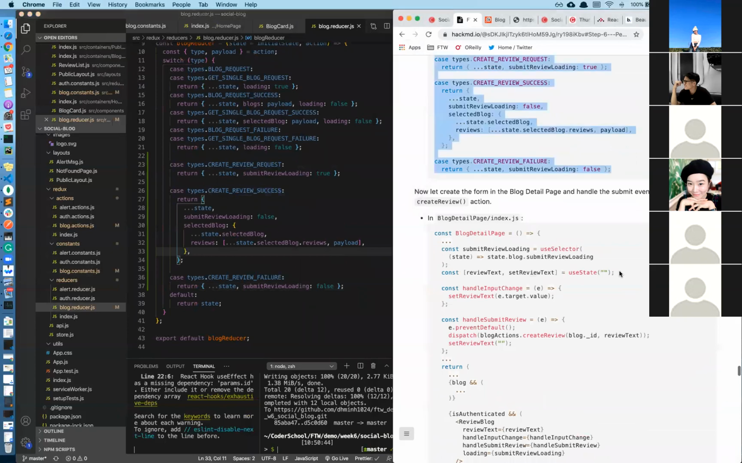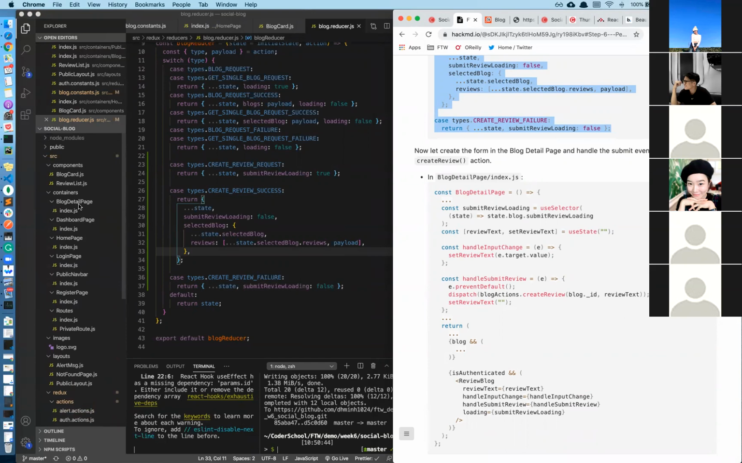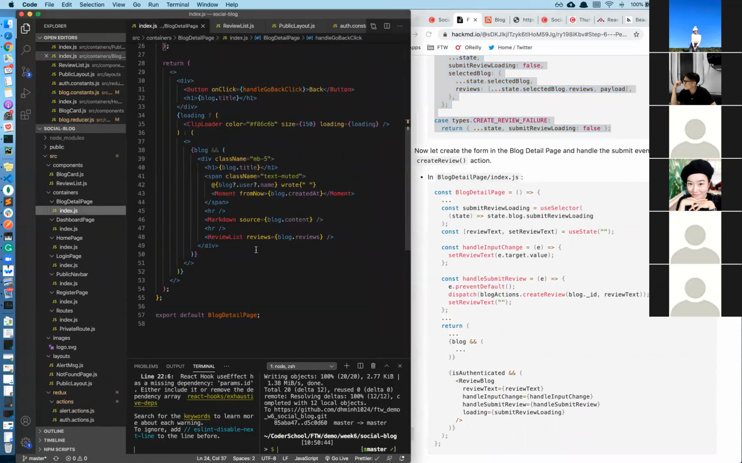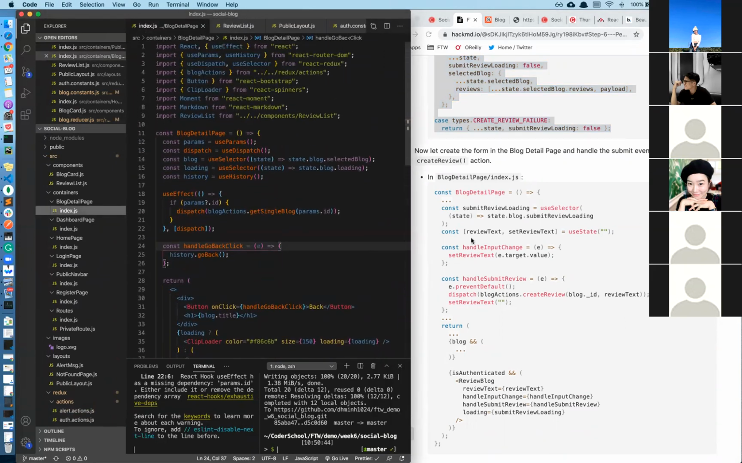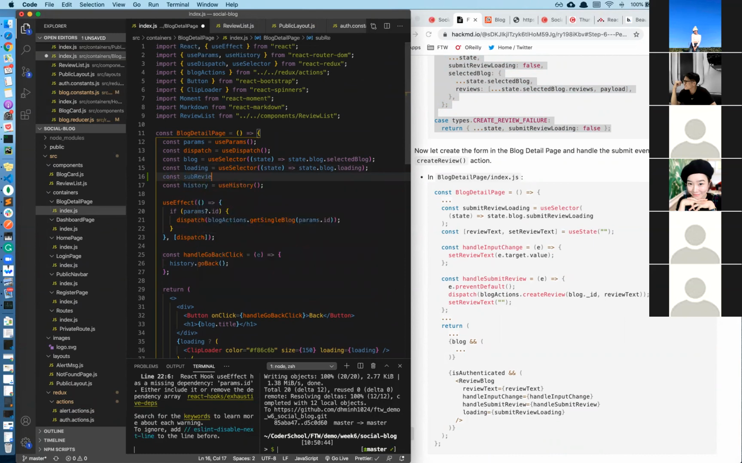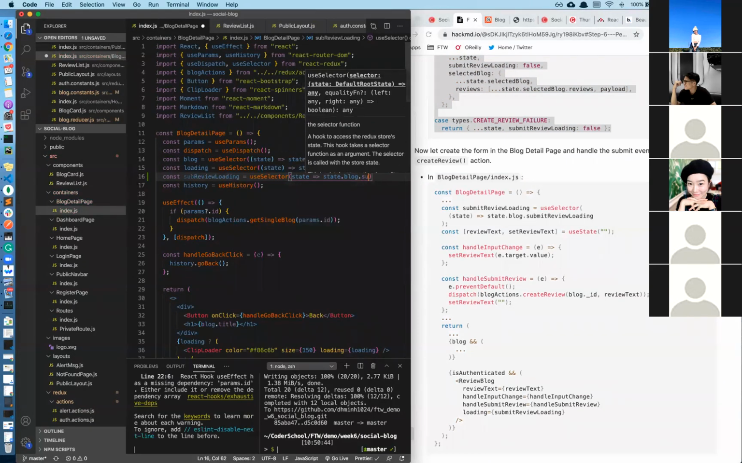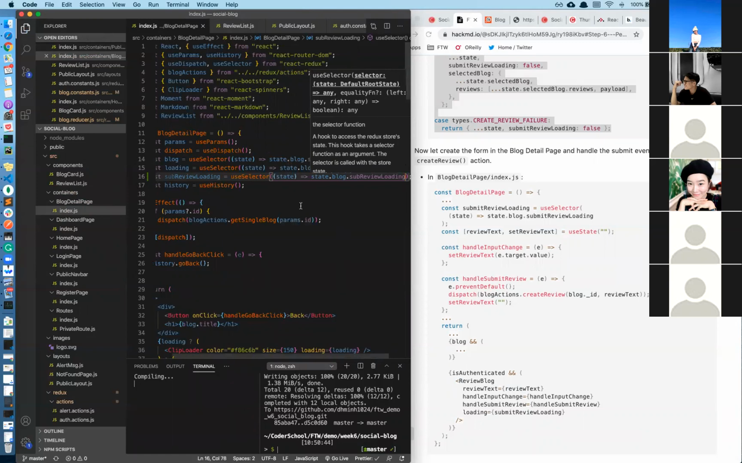And then in the block detail page, this one, we want to have the submit review loading from the store. Review loading is going to be use selector. We select this from the block dot submit review. Oops, submit review loading. Okay,